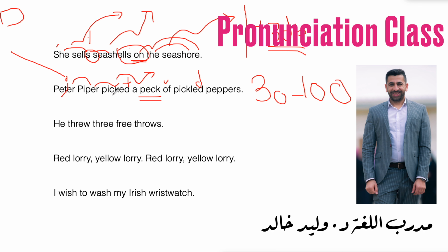Peter Piper picked a pack of pickled peppers. Peter Piper picked a pack of pickled peppers. Peter Piper picked a pack of pickled peppers. Now, he threw 3